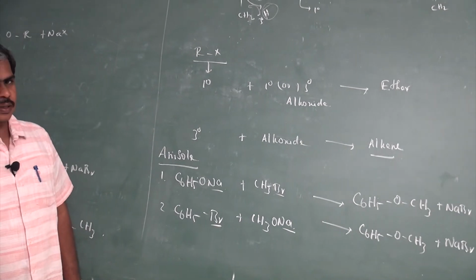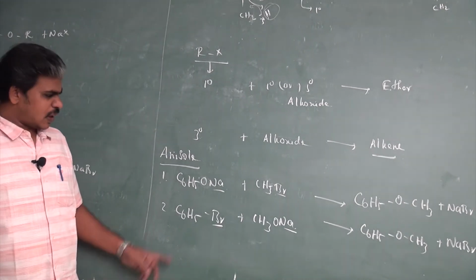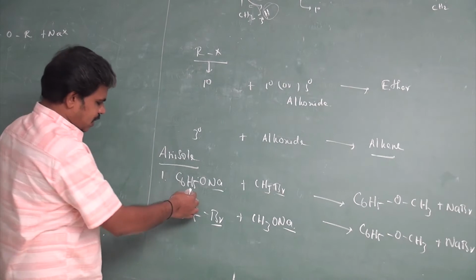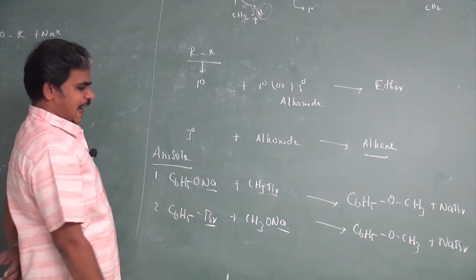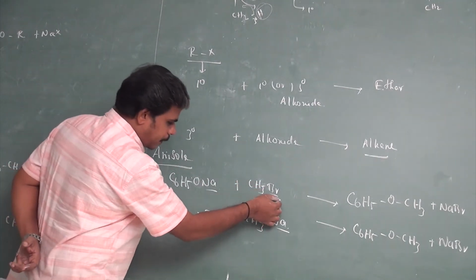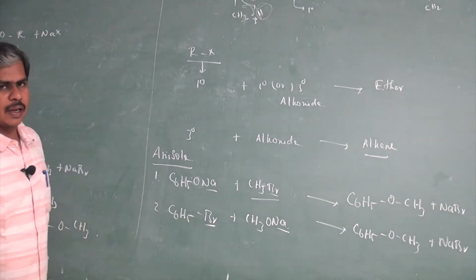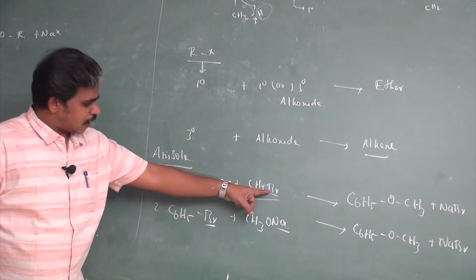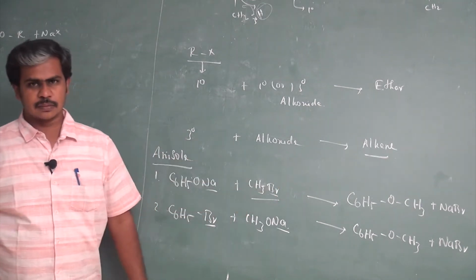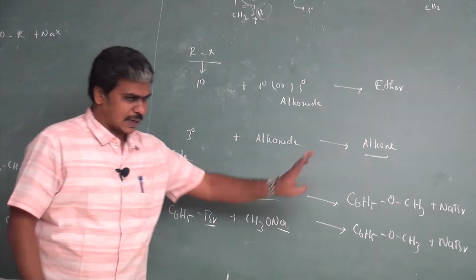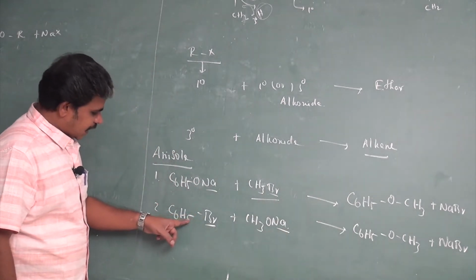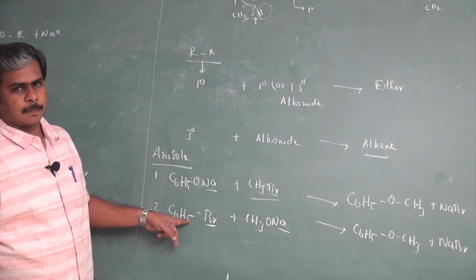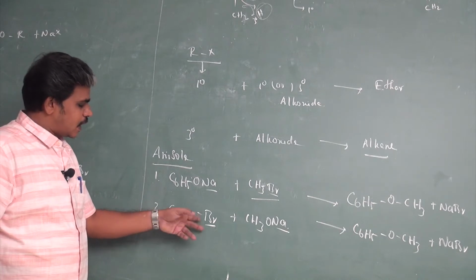Make sure of that. Do you know resonance? You know that. Among these, which one is the correct reaction? It is primary, no doubt at all. Primary alkyl halide. So if it is a Williamson, primary alkyl halide gives ether. So the first option is correct, because if you are taking the other here, it is not a primary one. It is a secondary or tertiary.